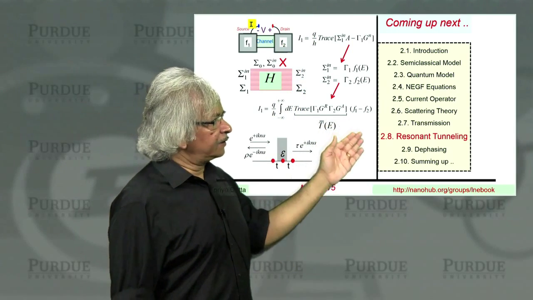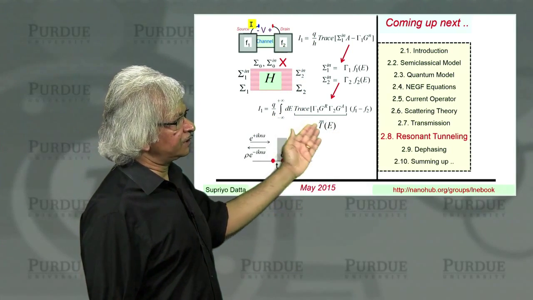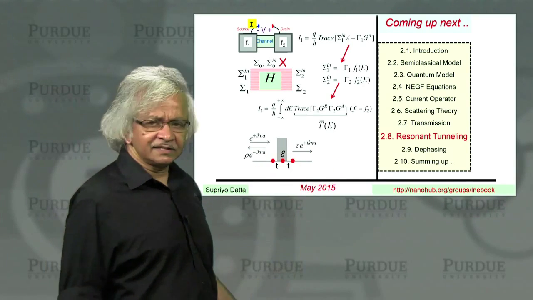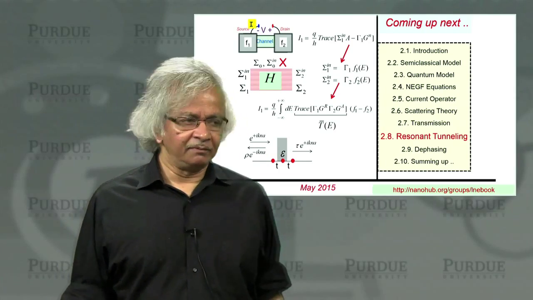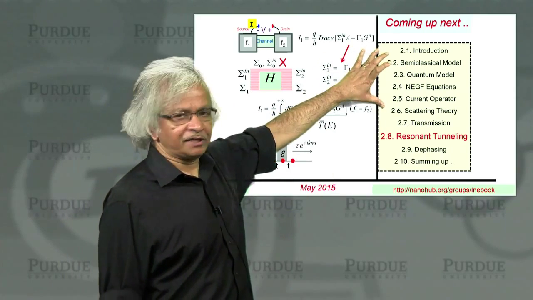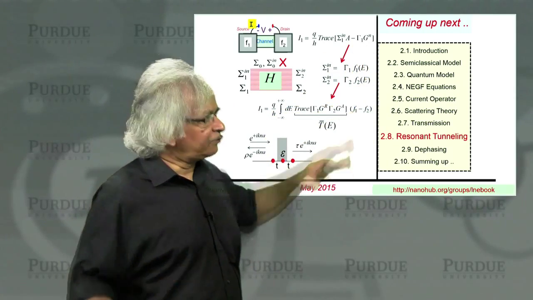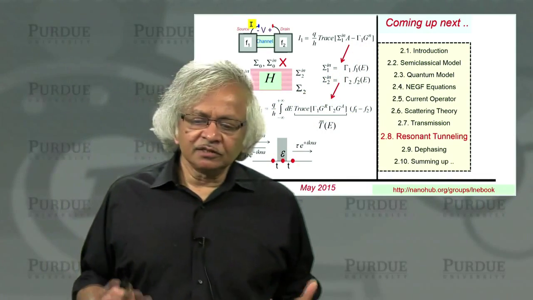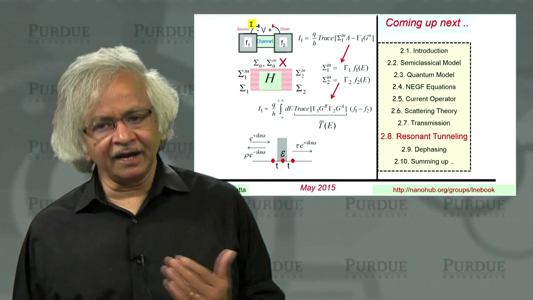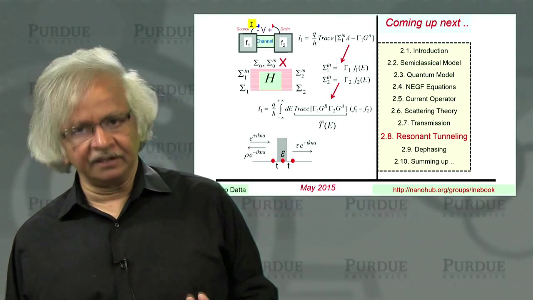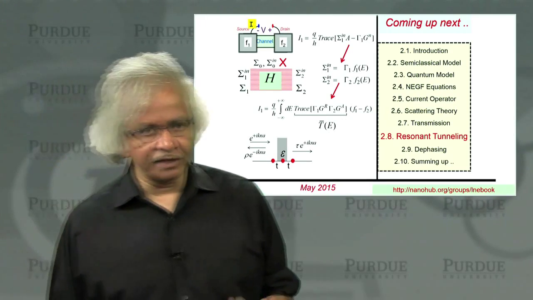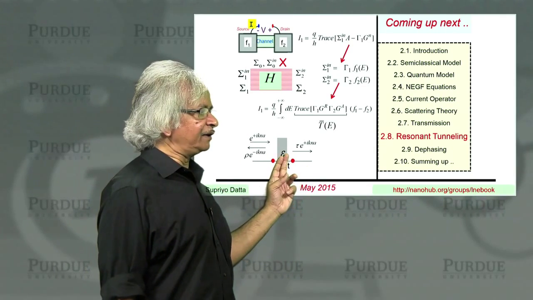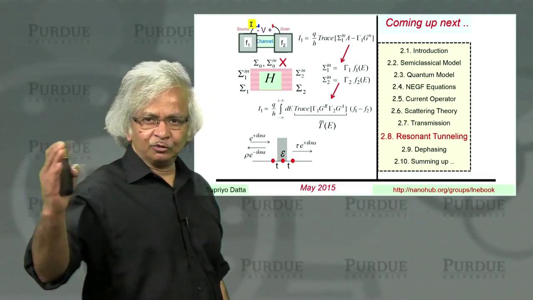So this is what I tried to illustrate with this simple 1D example with a barrier. It is a very instructive one to go through because we have the general equations that we did in the first part of this unit. What we now want to do is look at different examples to get a feeling for how to apply these equations. We have done the simplest of these, which is the one barrier. In the next lecture, we'll do two barriers.